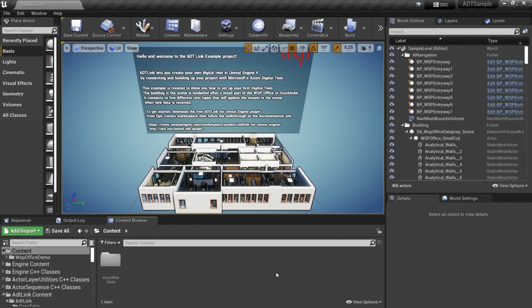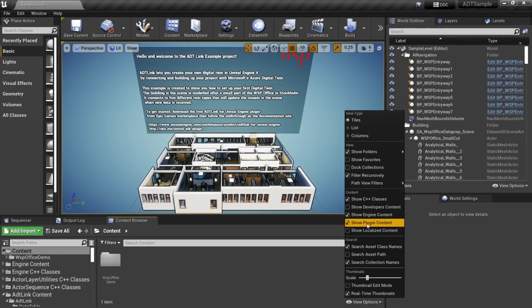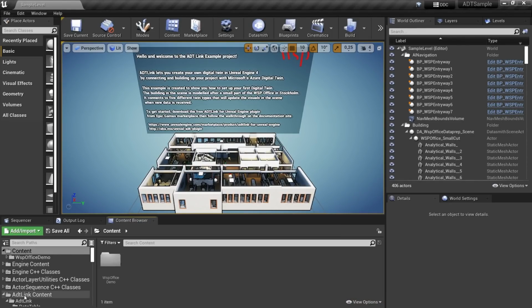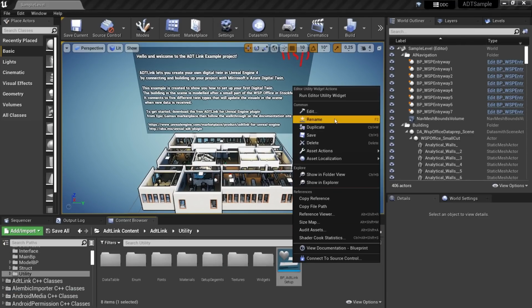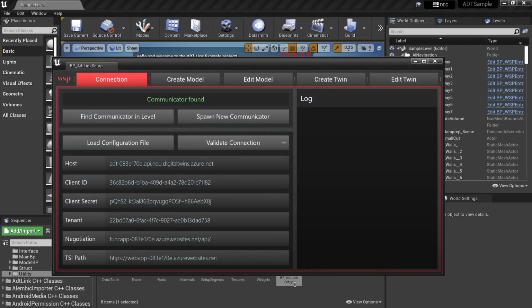And when we load Unreal, it should look something like this. And the first thing we need to do is make sure we have Show Plugin Content enabled under View Options. So that way we can see our ADT link content. So we just go there and we go to Utility and we launch the Editor Utility widget for ADT link setup like that.